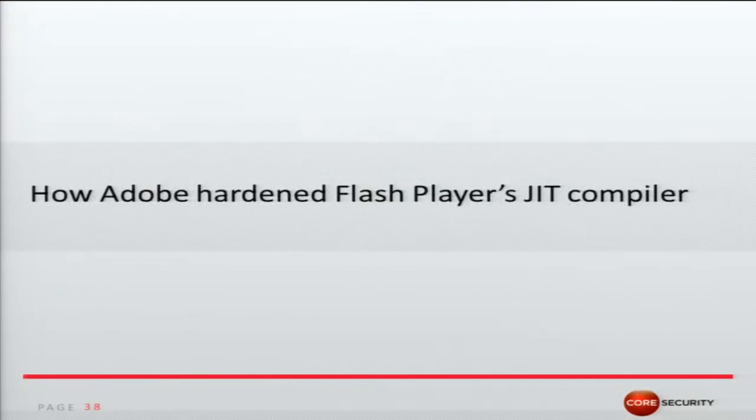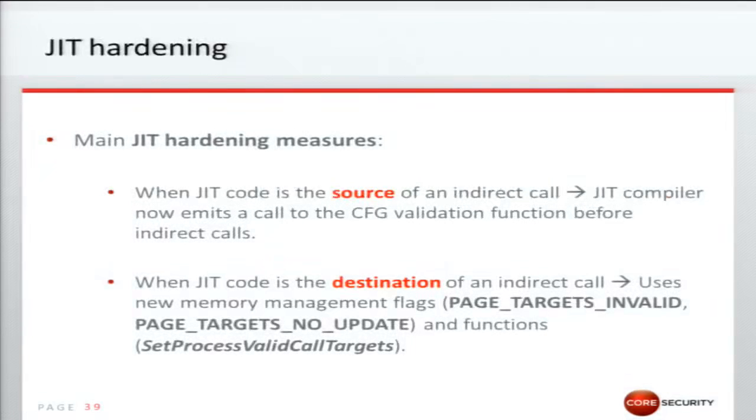So, as I said, Adobe killed this CFG bypass technique. Let's see how they did it. This patch I told you about, the hardening of Flash released in June this year, contains two main hardening measures for the just-in-time compiler of Flash. The first one is when just-in-time code is the source of an indirect call, and the second one is when just-in-time code is the